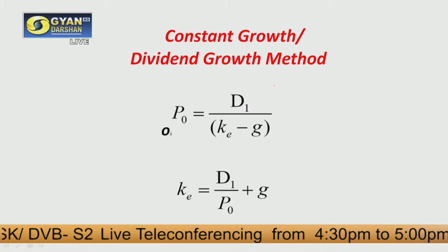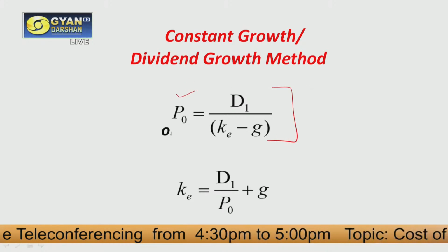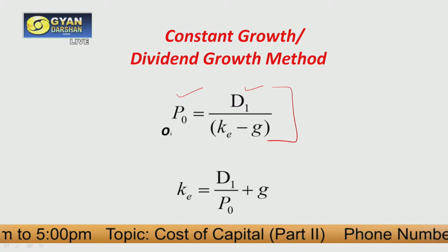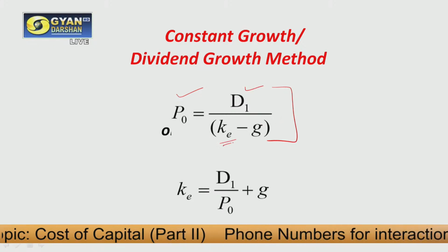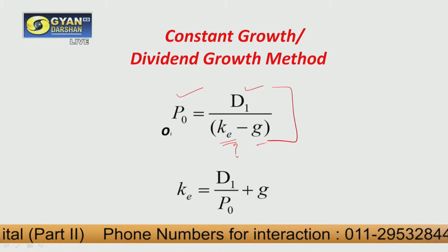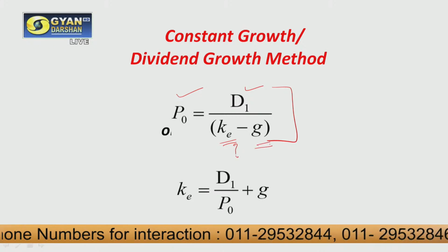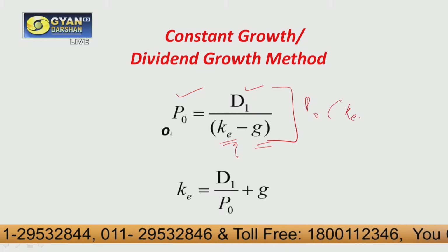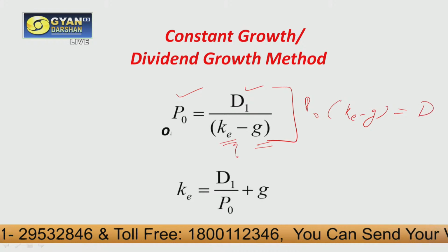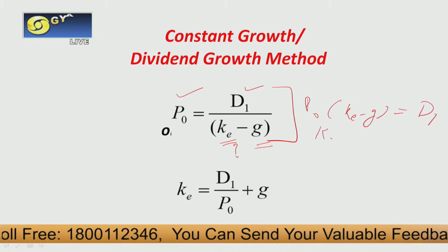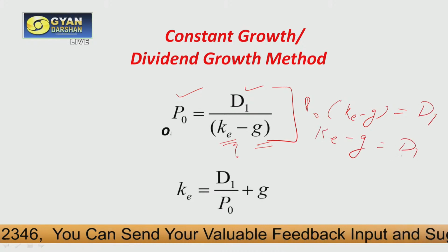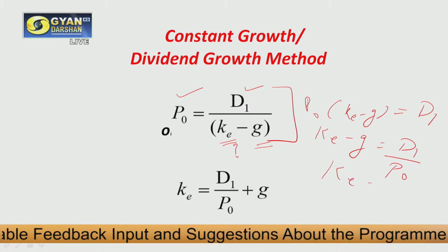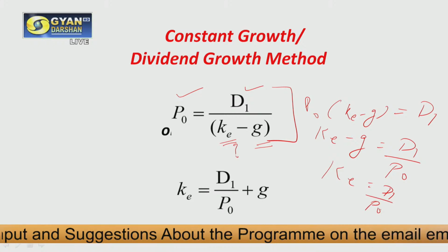So if this is the case, we can calculate our cost of equity using this equation, where P0 is value of the share and D1 is dividend declared at the end of first year. KE is the cost of equity. This is what we need to calculate, and we need to subtract the growth rate out of this. Now by adjusting this equation, we can take KE minus G in numerator on left hand side and we'll get the value of D1. In this case, then KE minus G will be equal to D1 upon P0, and we need to calculate KE, which is equal to D1 upon P0 plus G.